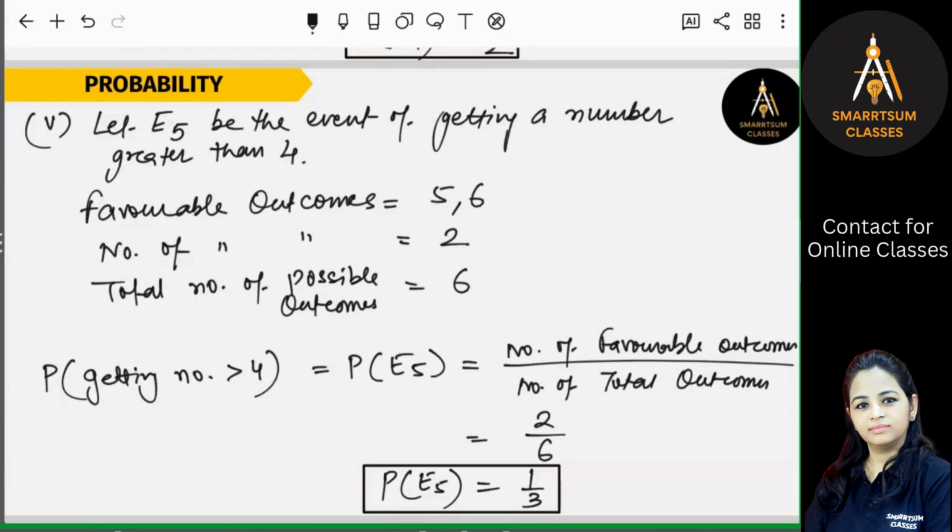So in this way, we can do questions based on how to find the probability of an event to occur, right? Now, you can go through whatever we have done today. In the next class, we will do some more questions related to probability, the events and the complementary events, elementary events, in the next class. Is that clear?